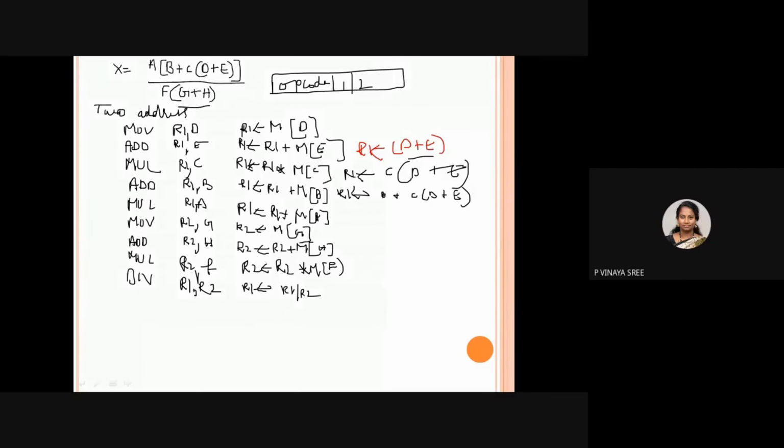Finally, Move X comma R1. Yes, I thought that anyone would say store. Store and load are used only in the one address instruction format. So finally we use Move X comma R1, the result being available in register R1. Finally, in memory location M of X we are storing the contents of register R1. So in this we have this expression. Okay, this is your one address